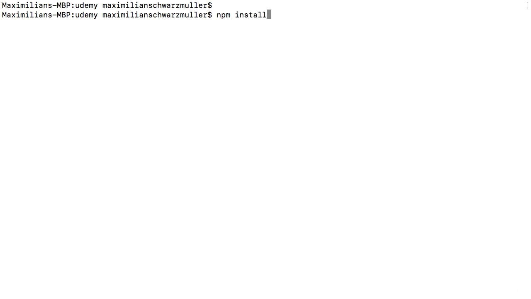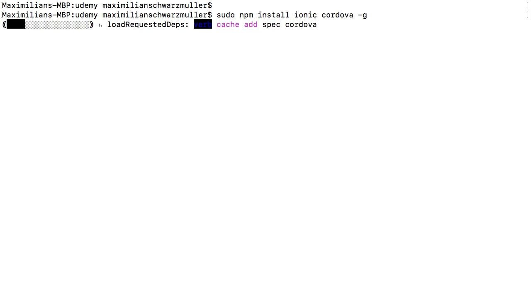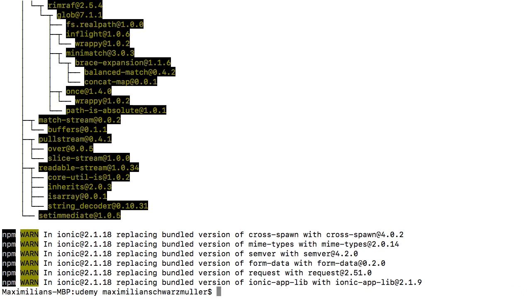npm install, and then we need ionic and cordova, these two packages. Make sure to add the -g flag at the end to install it globally, I should say, so that you can execute the ionic command from anywhere on your machine. And on Windows you can hit enter. On Mac and Linux you probably need to add a sudo in front of it to get the right permissions. After hitting enter, you might be prompted to enter a password, and thereafter the installation will begin. Now this can take a couple of minutes or at least quite some time, and I'll be back once it's finished. So the installation finished on my machine, and with that we're ready to create our first Ionic 2 project